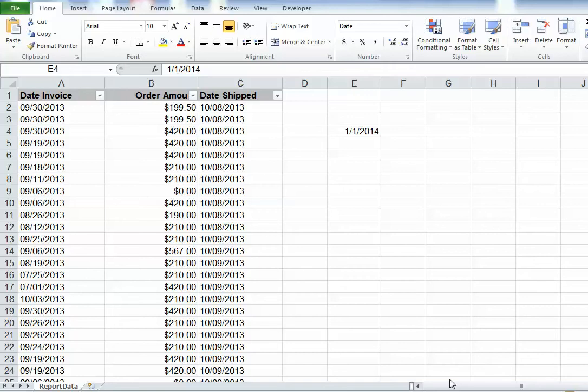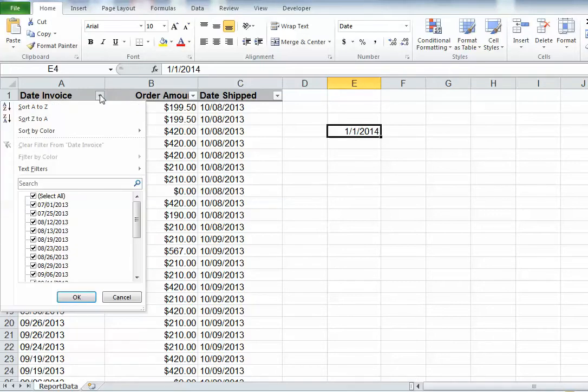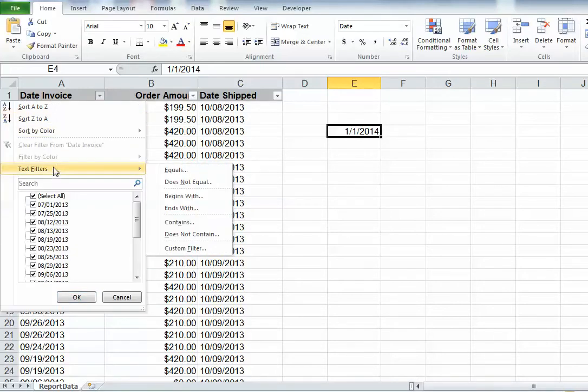Many of you work with data in Microsoft Excel, and often you have to import that data from another program. When you do that, many times what happens when you bring the data into Excel is dates in particular are formatted incorrectly. So you'll notice I've added a filter into this material that I've imported from another program. If I go up to the filter, if I click here, you'll notice it doesn't give me a date filtering